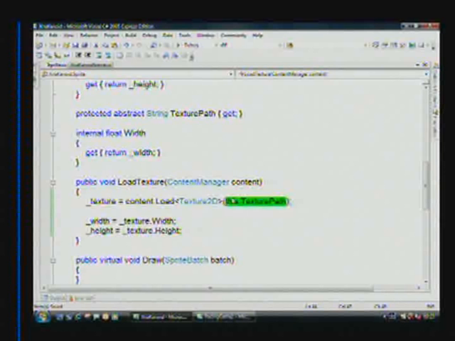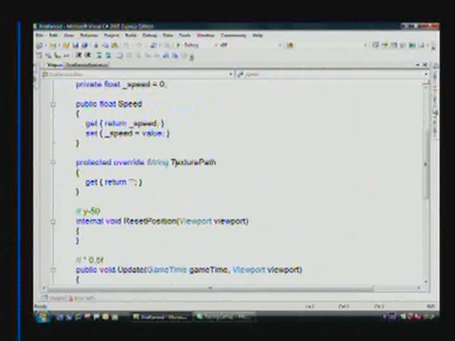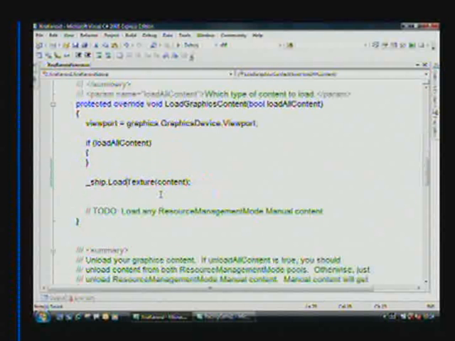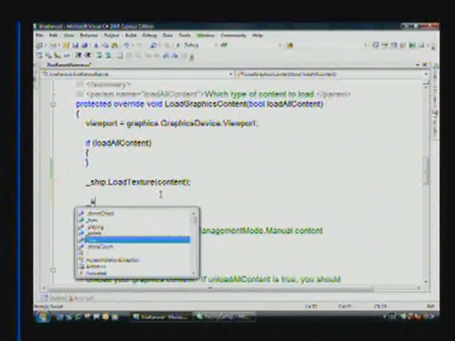Let's move into the ship right now. And within ship, we've got the overridden texture path property here, which we will simply substitute by our hard-coded string before. So this is the texture which will be loaded for the ship, and other objects may have different textures. Perfectly. Back in the game class here. We've now loaded the texture of the ship. What else do we need? We need to position the ship and set the starting position of the ship. We could do this here directly in code, but again, let's call